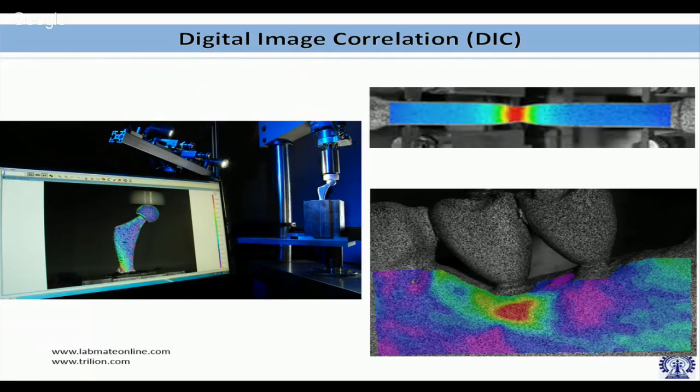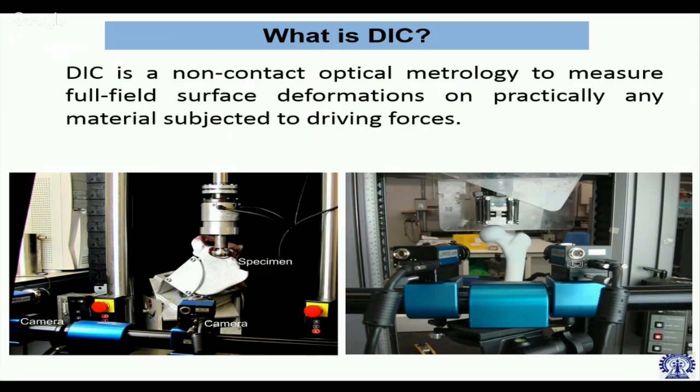So you can see already some representation of biomechanical testing on the left, and you can see on the top that there are two white light sources, and you can see here two cameras which are actually measuring strains and displacement in a full field manner. So what is DIC? DIC is a non-contact optical metrology to measure full field surface deformation on practically any material